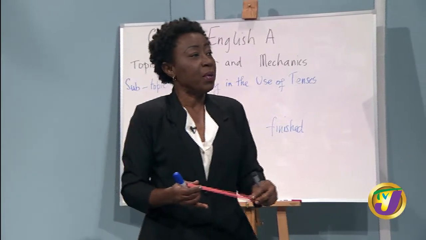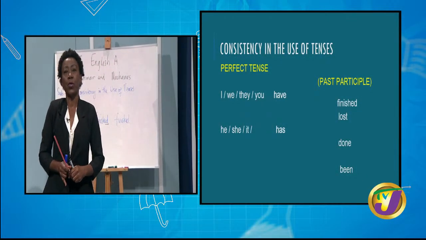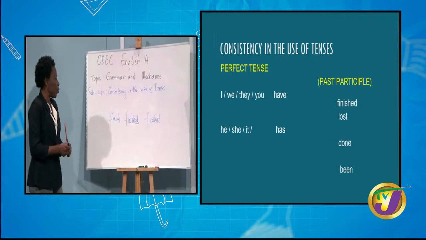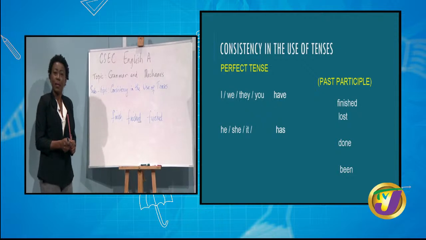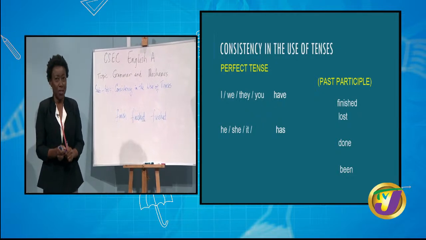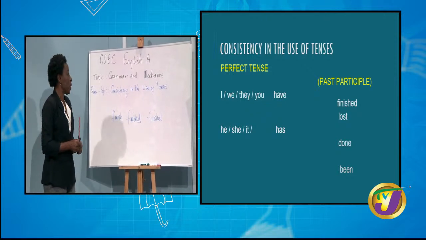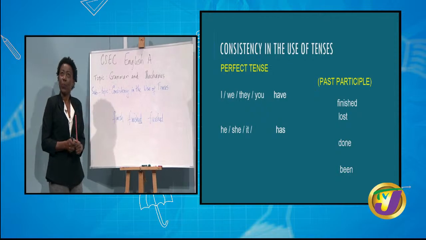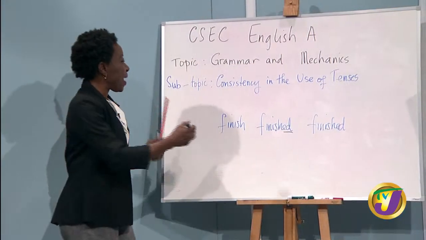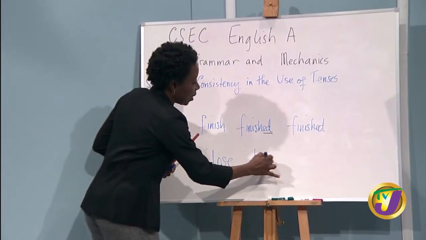Now, for another example, if you lose something, you have it, you lose it. So the present tense is lose. You lose it, and the past tense is what? Past tense of lose. Lost. That's an irregular verb. So you lost it. So if you cannot find your keys, for example, you could say, I have lost it. Okay? Lost it.